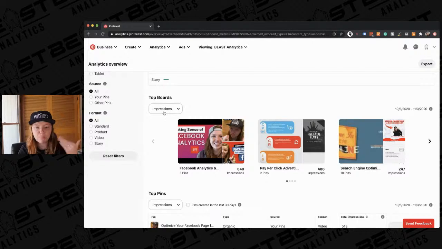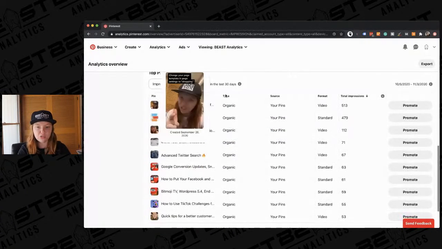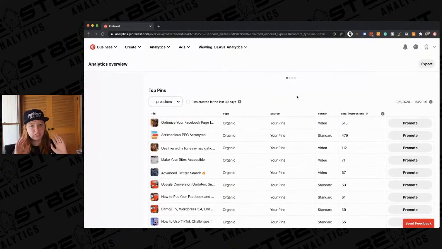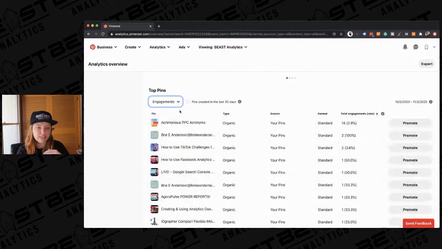You can see your top boards. So that's just like content groupings that you create. You can see by impressions, link clicks, etc. But this is what I really like to look at. Just like you would see on Facebook analytics, where you could see your different posts and how they've performed. You can see your different posts for Pinterest and see which ones had the most impressions, engagements,